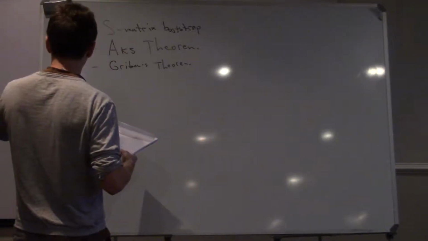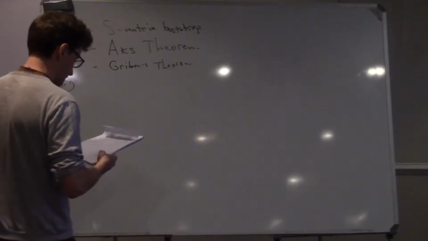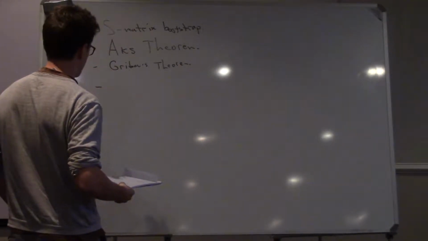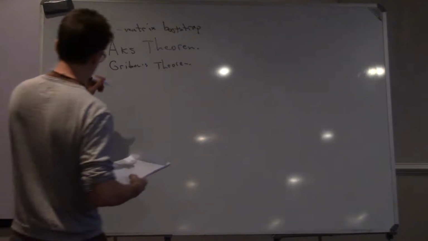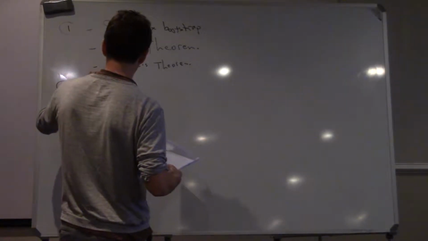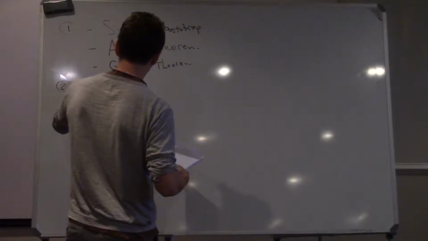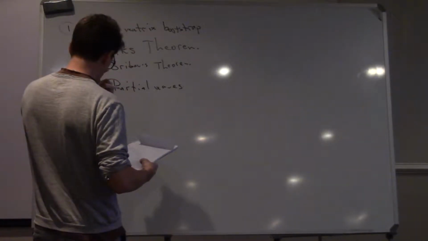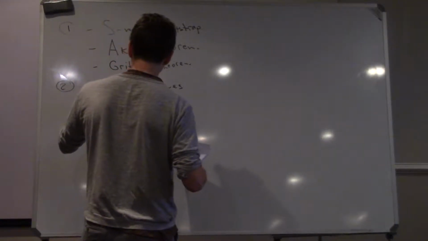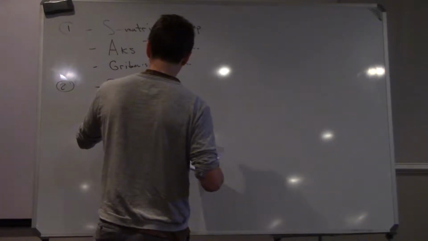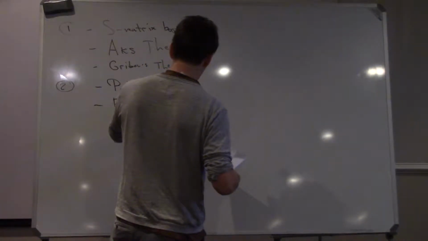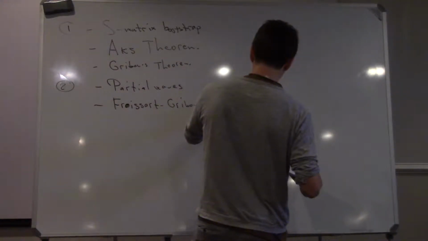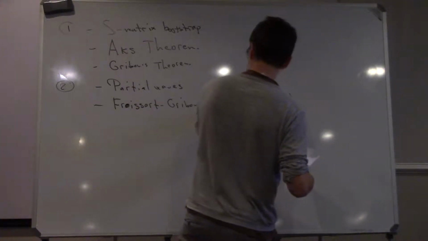In the second lecture, I would like to talk about something related to many recent developments in the conformal bootstrap, but this time in the context of scattering amplitudes. I will talk about partial waves. Then I would like to introduce what's known as the Froissart-Zhiboedov representation. This is also known in the context of the conformal bootstrap as a Lorentzian inversion formula, but this time in the context of amplitudes.